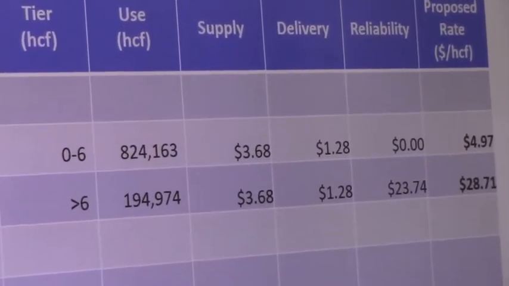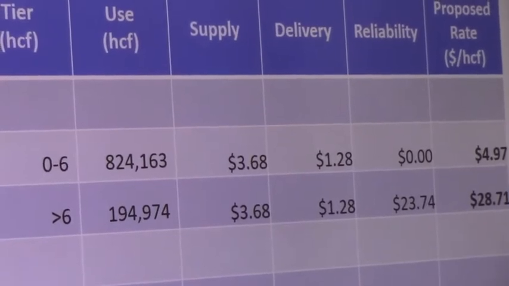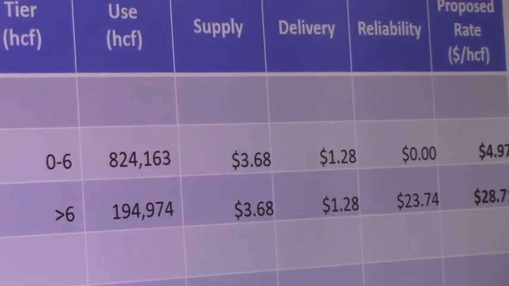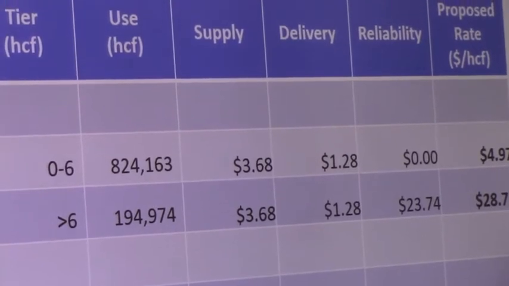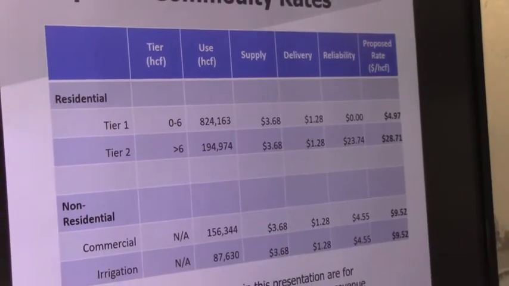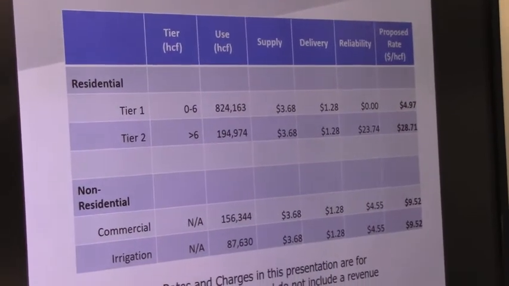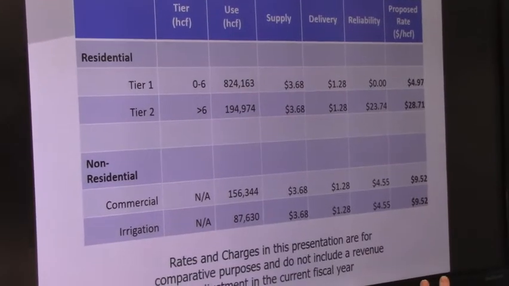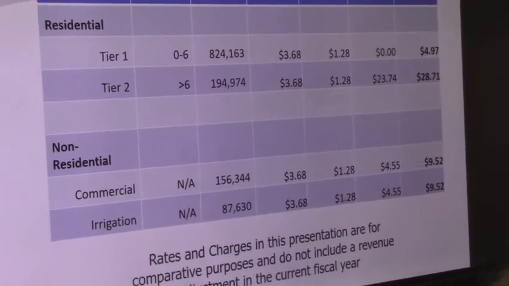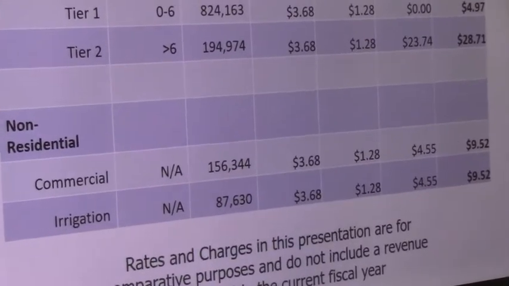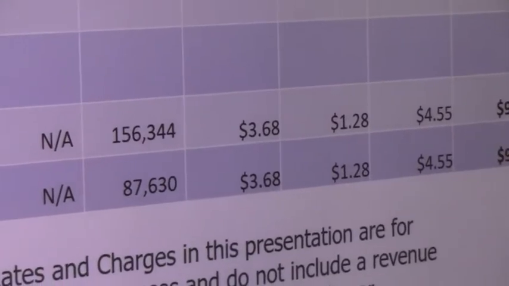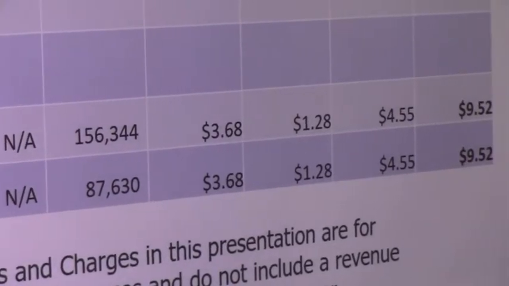It's interesting, and it's probably going to engender some questions by the board, and it may engender some discussion and some recommendations for revisions. So once again, this is preliminary. These aren't the rates that are locked in at this point. We're still looking at what the rate consultant is advising and listening to the board make their best recommendations. The uniform rate is actually lower. It's $9.52 under this rate plan.